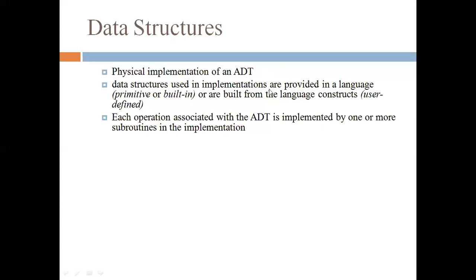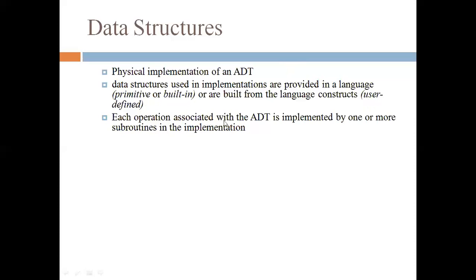Data structure can be in the form of a primitive facility provided by a programming language. Like in C we know array is available in most of the programming languages. A kind of list, a kind of array with a different name is available. So basically the array data structure is already implemented in most of the languages. And if it is not available in a programming language, then we implement it, so they are built from the language constructs, user defined.